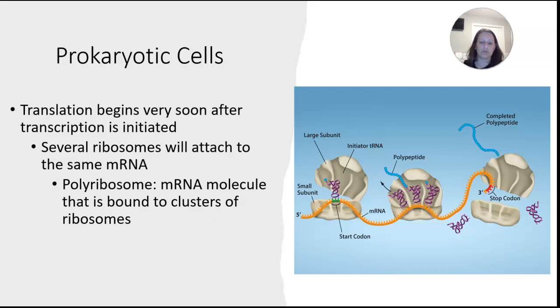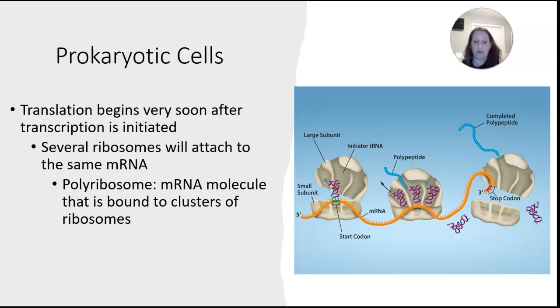So transcription has to be totally complete. The mRNA transcript has to be processed and then moved to the cytoplasm before ribosomes could start to do their work. Whereas in prokaryotes, that's not the case,